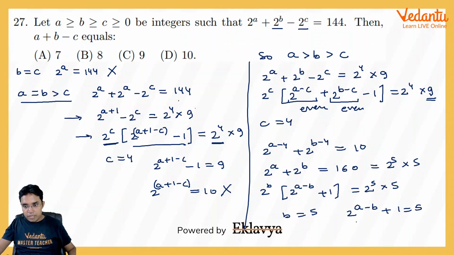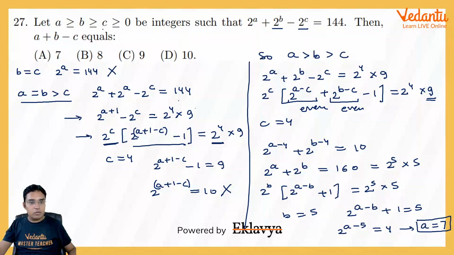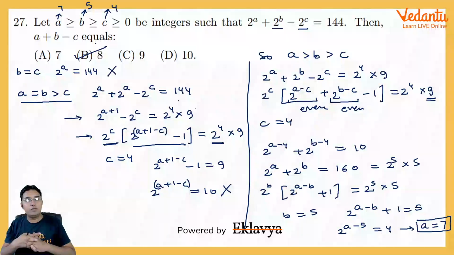So as b is 5, 2^(a−5) will become equal to 4, and this will give us a to be equal to 7. So you can see the value of a is coming out to be 7, b is coming out to be 5, and c is coming out to be 4. So the answer here would be a + b is 12, minus 4 is 8. 7 plus 5 is 12, 12 minus 4 is 8. So answer